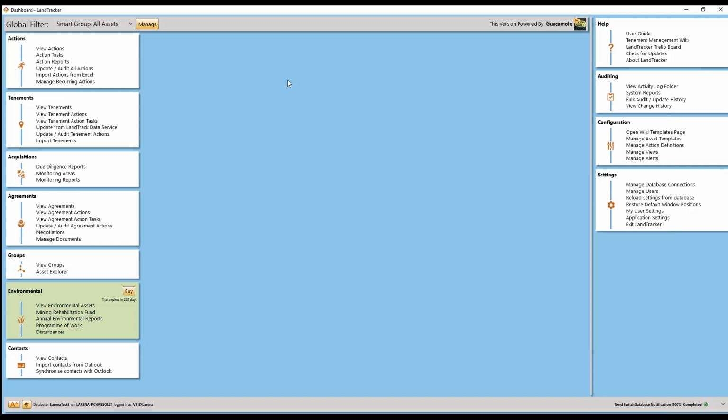This is our update on the new features in version Guacamole of LandTracker. So the first thing that I want to go through is just a change to the way that views are displayed. So if we go into View Tenements,